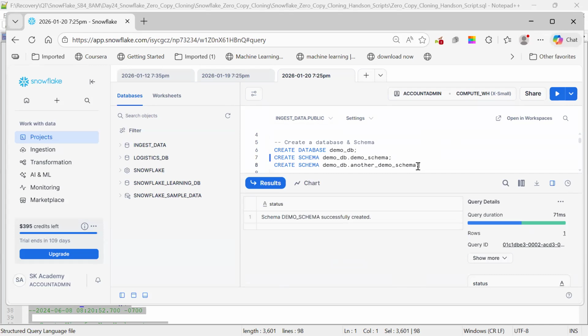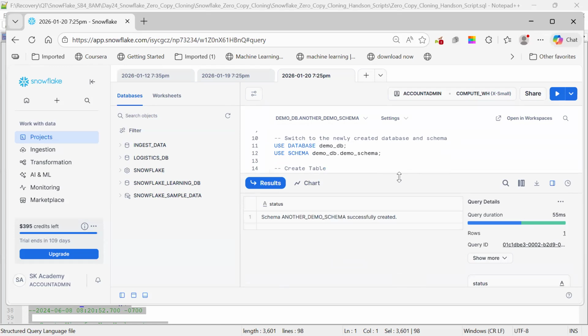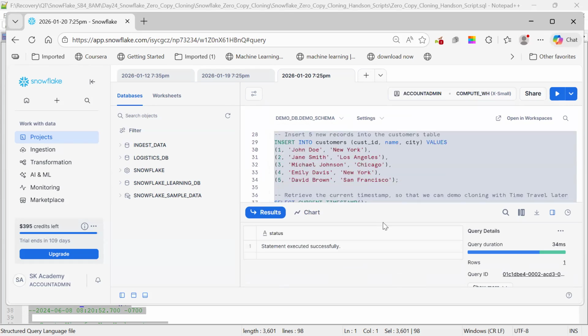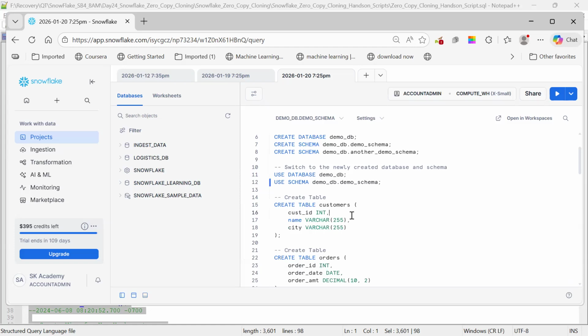I'm also creating one more schema here. So two schemas, and I'm trying to create some tables here. We are just pointing to the demo DB, but I will change the schema to the first schema, demo schema. So whatever table I'm going to create will be created under this demo schema initially. So what I'll do, I'll try to create this table,